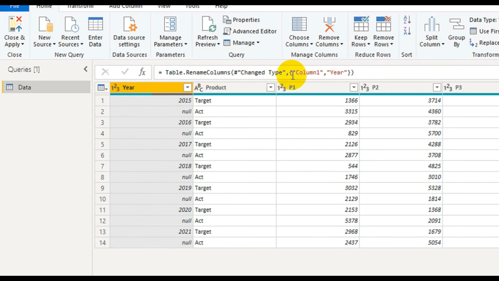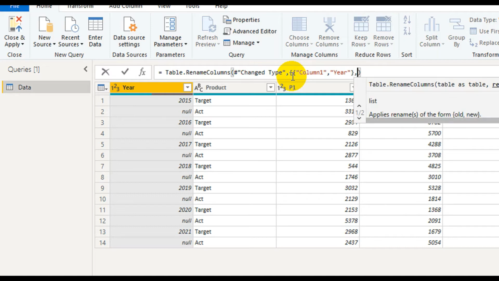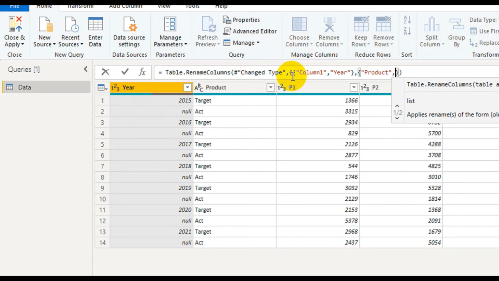Here you need to use another curly bracket. Within the list, another list, 2 lists basically. So one list containing Column1 and year, another list will contain product and whatever name you want. So here I need to give a comma, open another curly bracket, there Product. I need to make sure that I write the names properly, and it has to be named as type, and then close the curly bracket. So a list, within that another list. So there are 2 lists within the list.